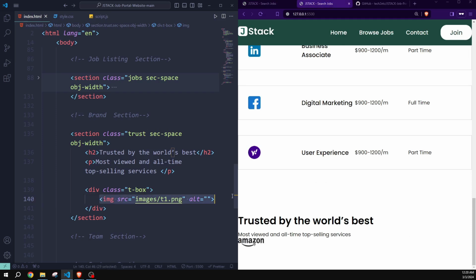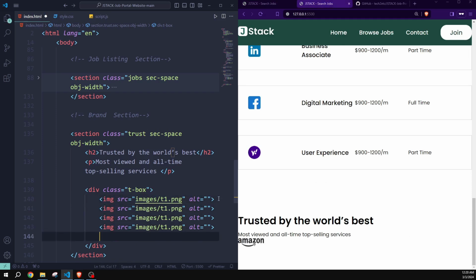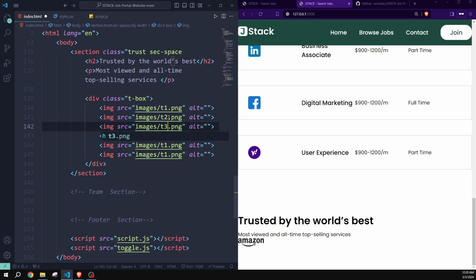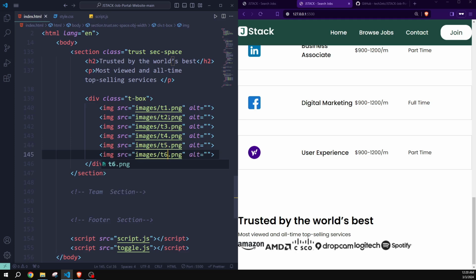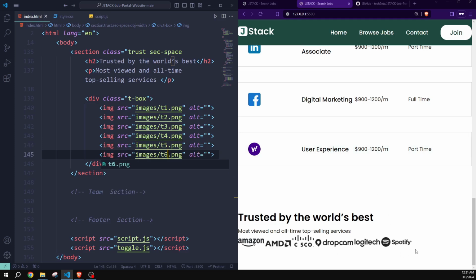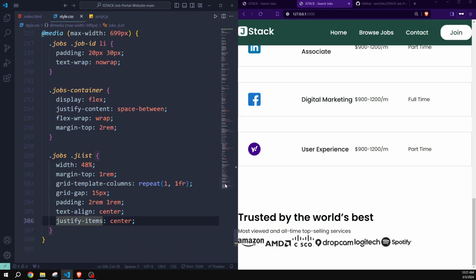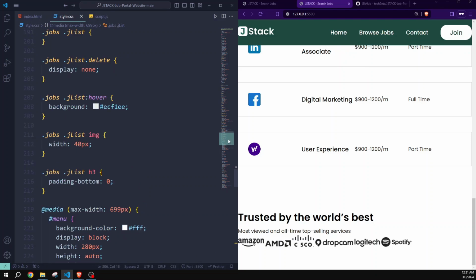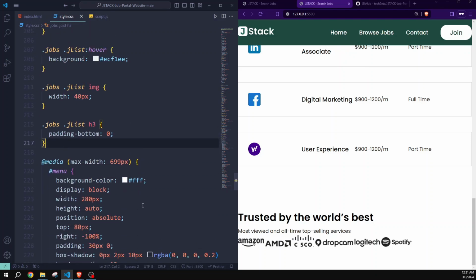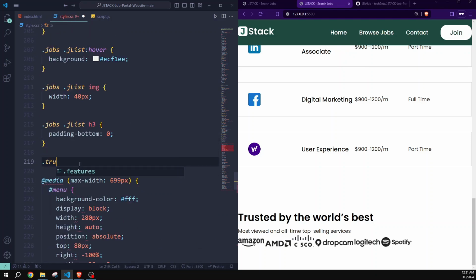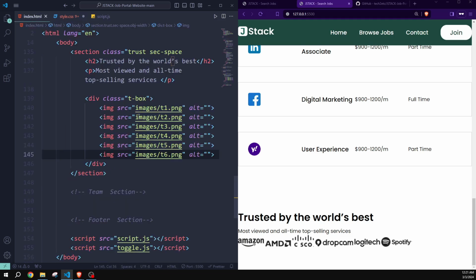Now I will copy this image tag and paste it 5 more times. And let's change the image names. That's it. Now save. And here you can see that we have all the images. Now let's style this section. For doing that, let's go to our style.css, and underneath of our jobs, let's write our trust class name, and let's take this tbox class name as well,